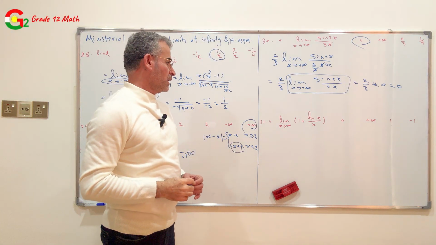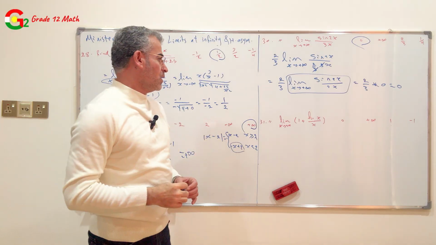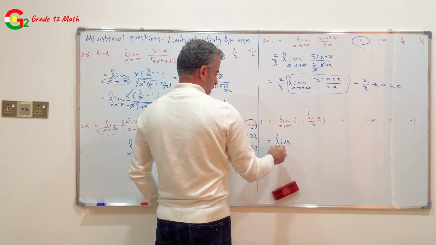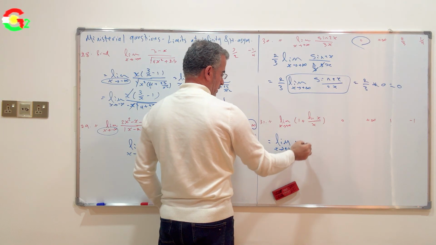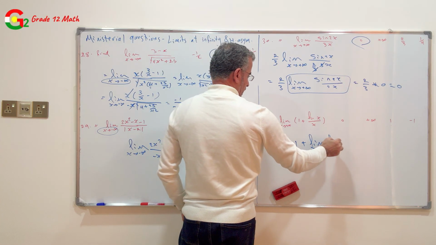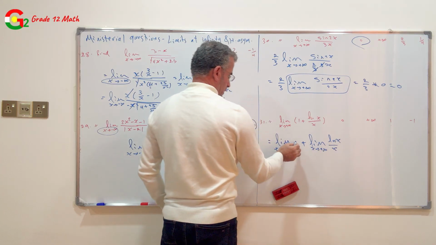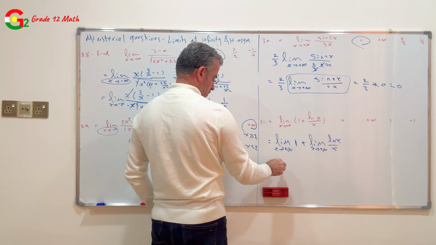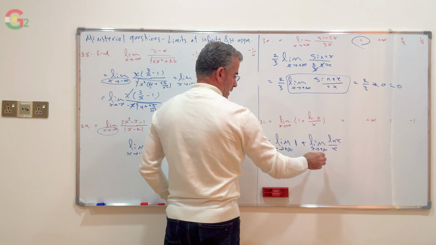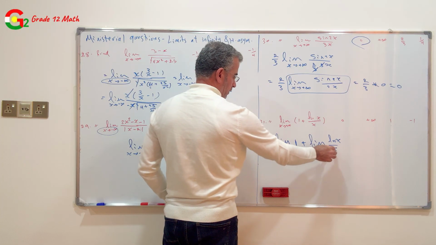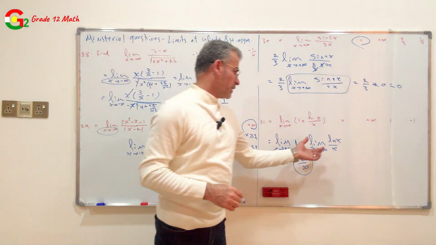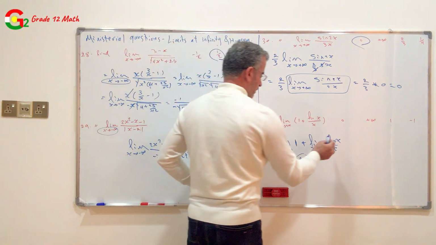Question number 31. Find limit x approach to positive infinity for 1 plus ln x over x equal to limit x approach to positive infinity for 1 plus limit x approach to positive infinity for ln x over x. Limit of any constant number is the same constant, plus limit ln infinity is infinity over infinity. Therefore, we can use L'Hopital rule since the limit equal infinity over infinity. Differentiate